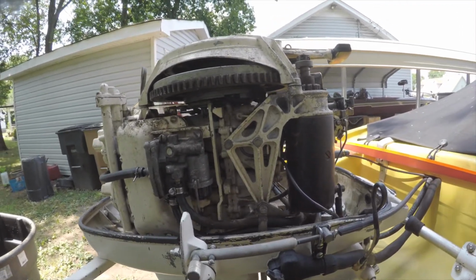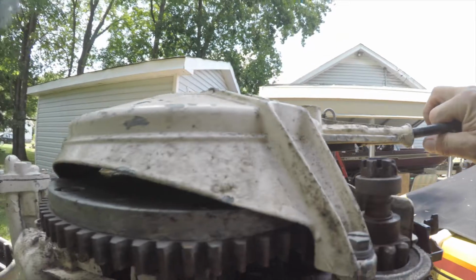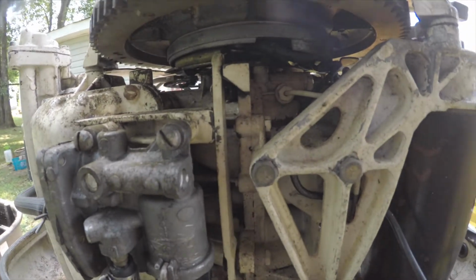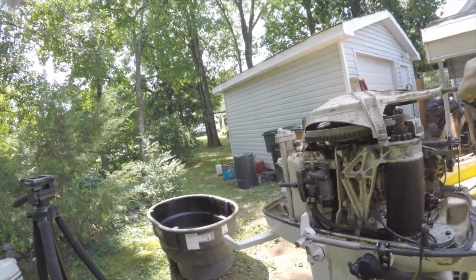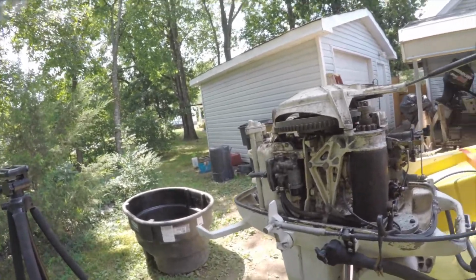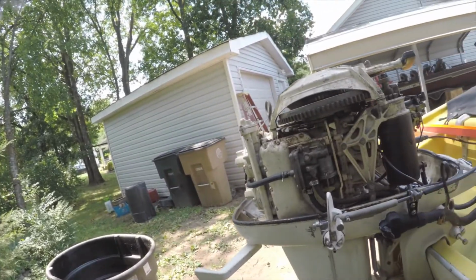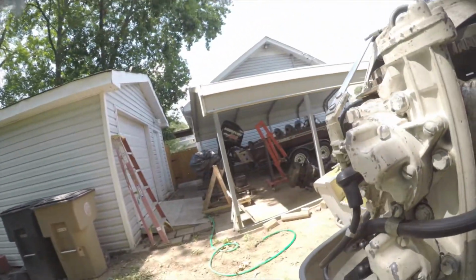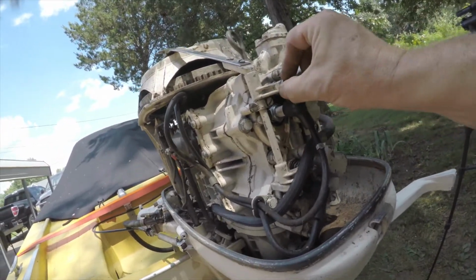But first of all, that feels like it's got pretty good compression. It'd be pretty easy to pull if it didn't have good compression. Yeah, that'd be really hard to pull, so it must have some pretty decent compression. First thing we'll do is do a compression test on it, and I may have to go and get